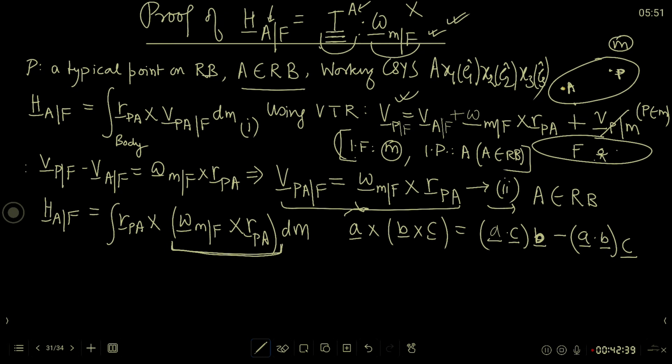This is a sort of conversion from a double cross product to a combination of two dot products. Now here if I take this as A, this as B vector and this as C vector, I can write HAF as